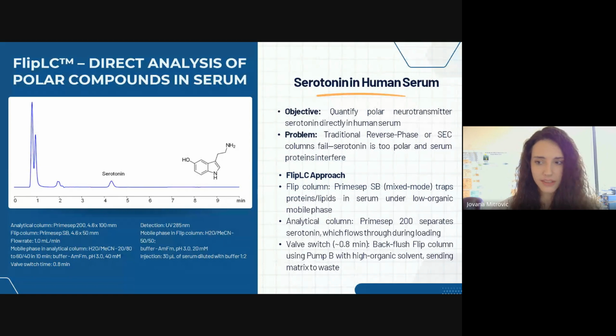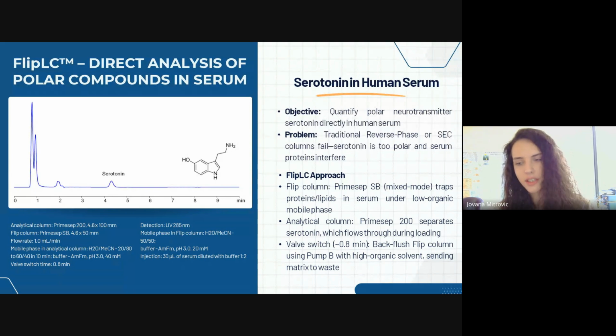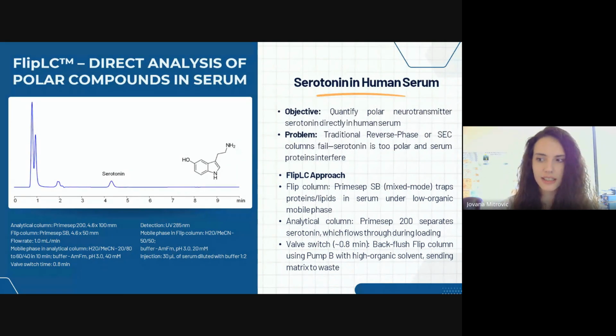At the same time, serotonin, being small, hydrophilic, and positively charged, passes through the flip column unretained and moves into the analytical column, which is PRIMESEP 200, that has reverse phase functionality plus negative charge, where it's retained and separated under